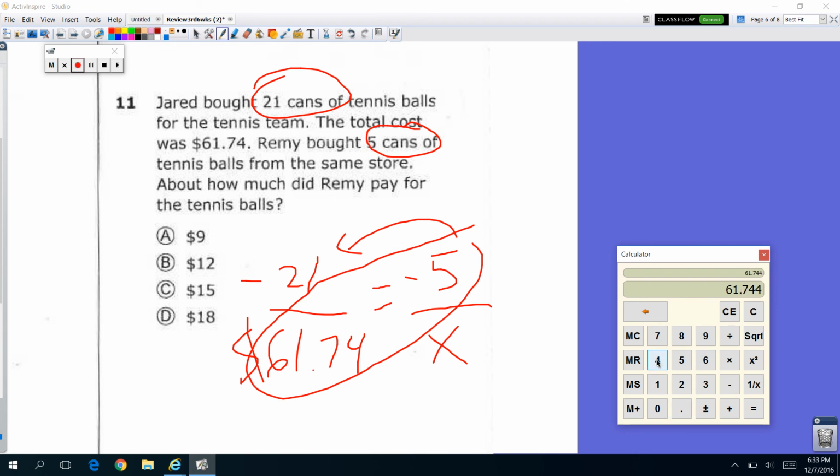61.74 divided by 5. Oops, again, my fat fingers are messing up. 61.74 divided by 5. I'm sorry, I need to multiply by 5. 61.74 times 5. Okay. Fat fingers will not let me do this right, but 61.74 times 5, I get